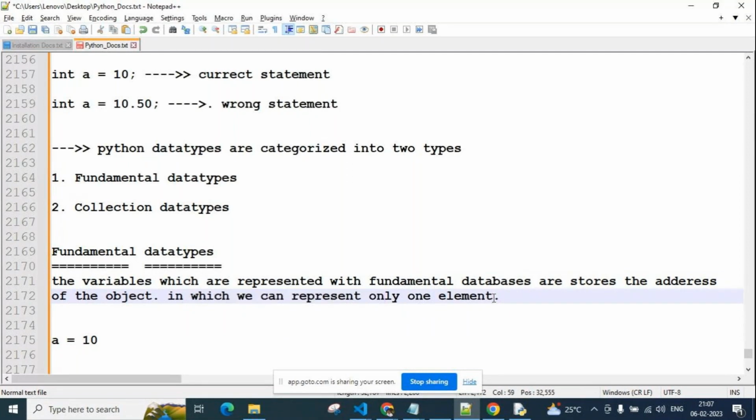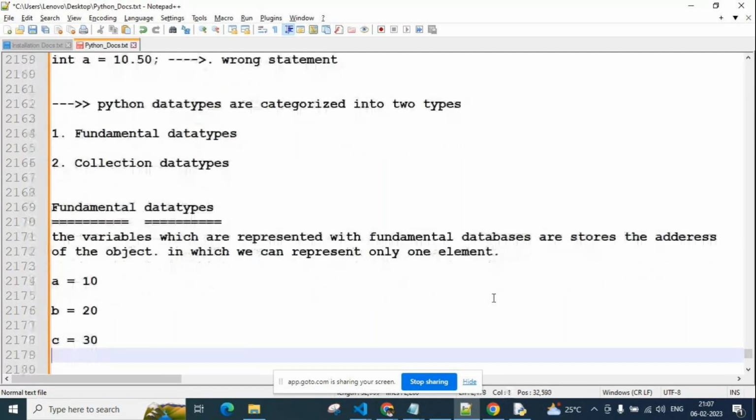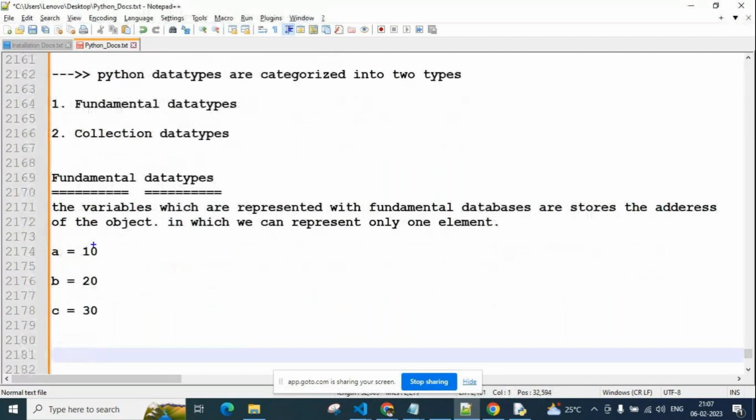Okay, for example, a equal to 10, b equal to 20, next c equal to 30, like that. If we want to save these three values, three memories are required, guys, in fundamental data types. Three memories. So this is a, this is b, this is c, guys.